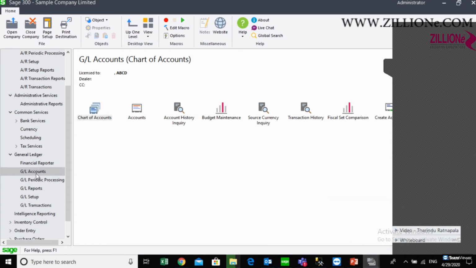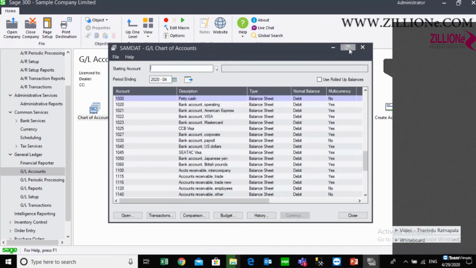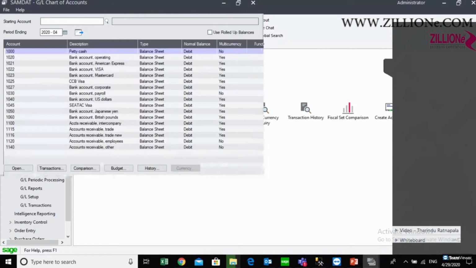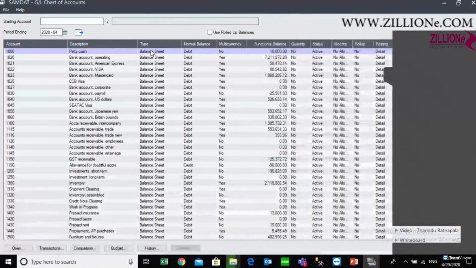When you are checking the chart of accounts, go to the GL account and open the chart of accounts. Check this: 1,000 is a petty cash account, and its type is balance sheet. Sometimes, if you have wrongly mentioned the type as income statement instead of balance sheet, it will be closed to the retained earnings account, zeroed at year end and passed to the retained earnings account.